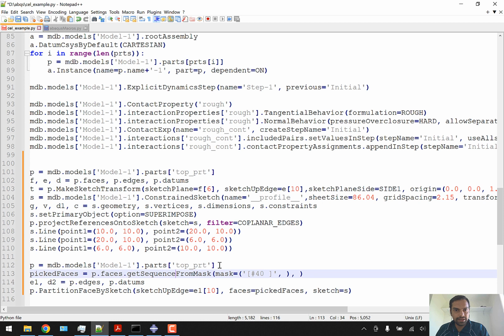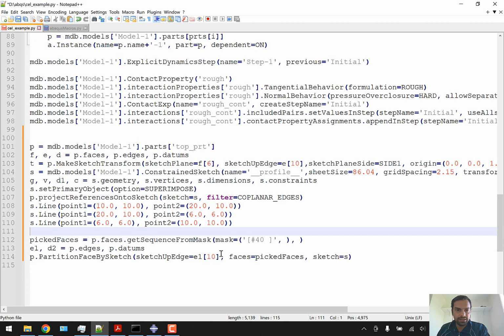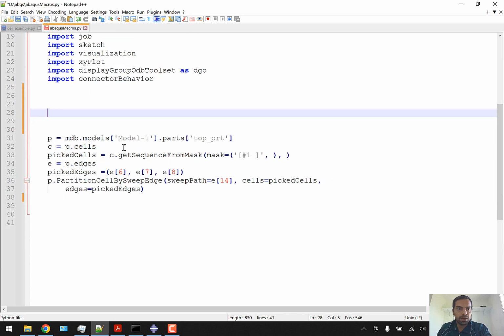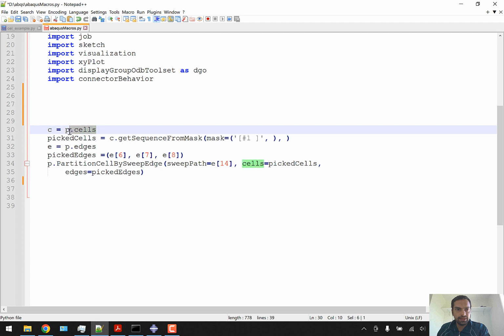So we can again remove this P part. So this is redundant, so anyway we don't require it. And deletion of profile sketch, so maybe we can name it as temporary partition. Yeah, so anyway it's assigned in the name. D is not required. P dot edges. Yeah, so now after this we can again remove this line. We can cut this line and move it here,